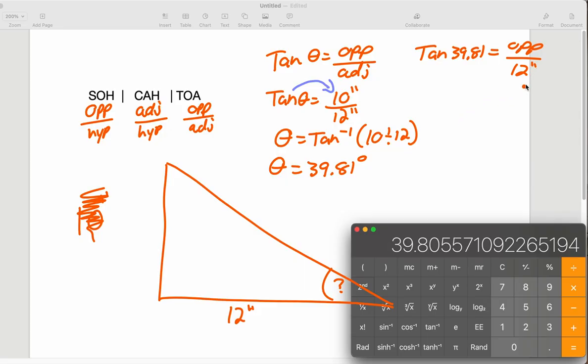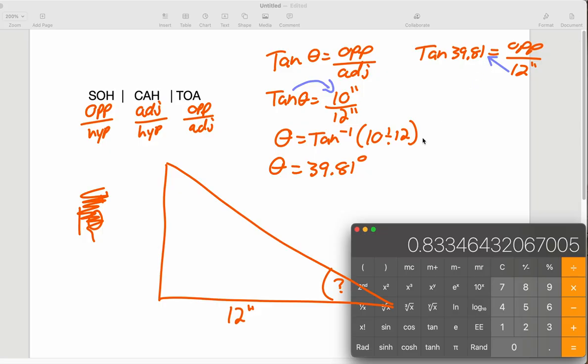Okay, so now we're trying to figure out the opposite. What we're going to do is set that to regular tan. So tan of 39.81, and hit tan, you're going to get a decimal number. Okay, so we're going to bring this divided across the equal sign